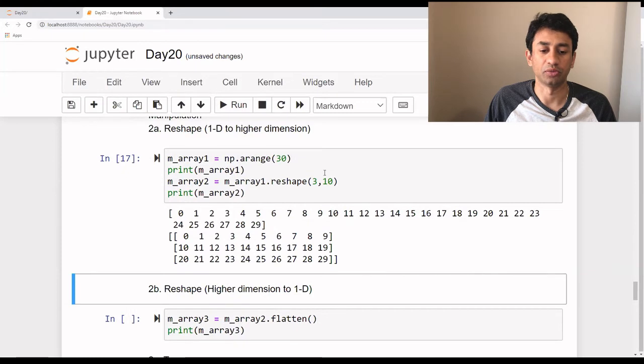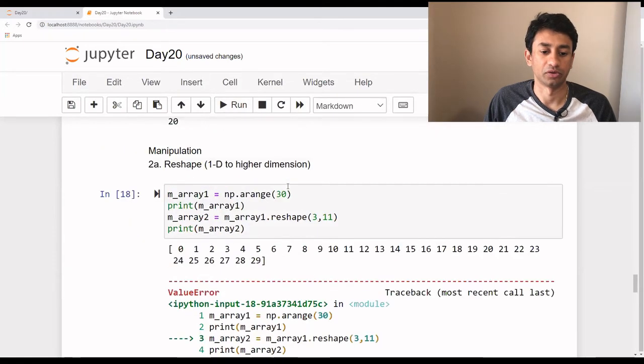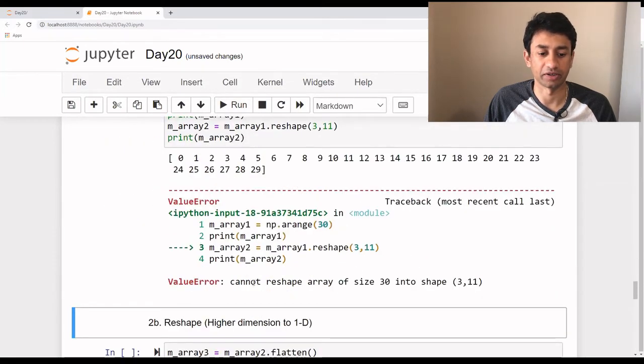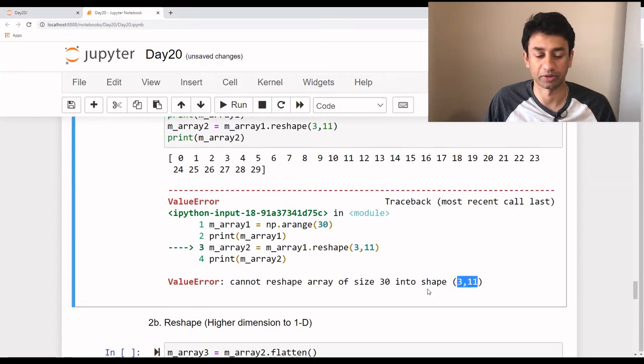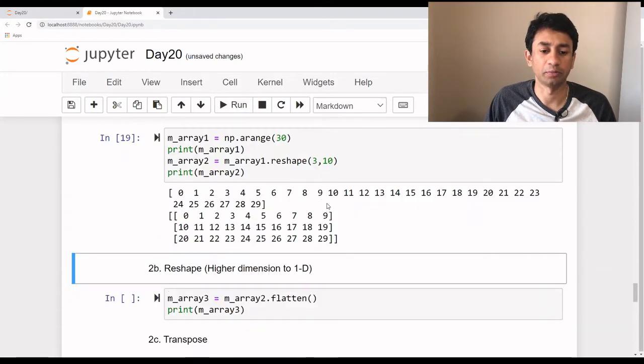The one thing that you need to make sure is that whatever values you give here should exactly add up to the number of elements of the 1-dimensional array. So let's say I try to give the value 11 here. If it is 11 columns and 3 rows, that is 33 elements in total, but we have only 30 elements. Let's see what happens here. It throws an error saying it can't reshape an array of size 30 into 3, 11, as it needs 33 elements. So that's how it would work,